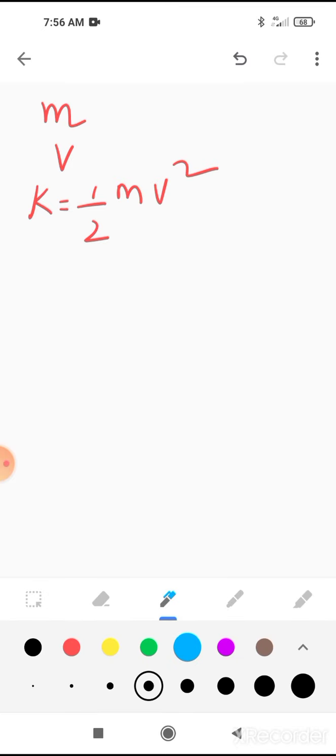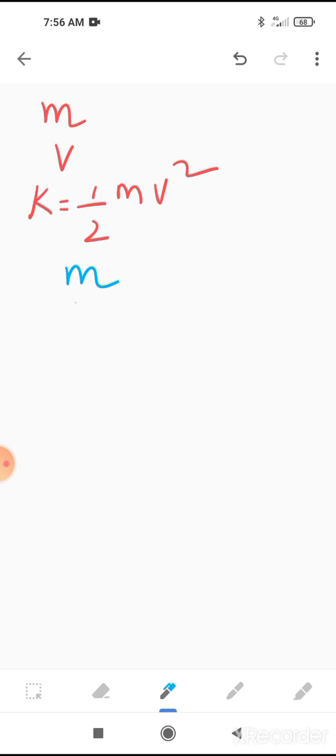Next question, page number 37. Two bodies of equal masses move with uniform velocities v and 3v respectively. Find the ratio of their kinetic energies. There are two bodies having equal mass. So for the first body, let us take the mass as m and velocity as v. So kinetic energy will be half mv square. For the second body, mass is same but velocity is 3v. So its kinetic energy will be